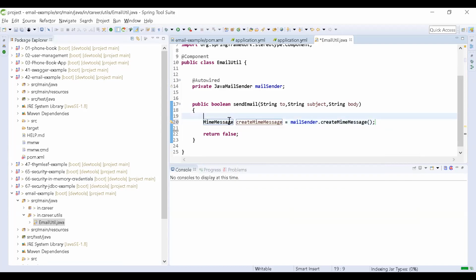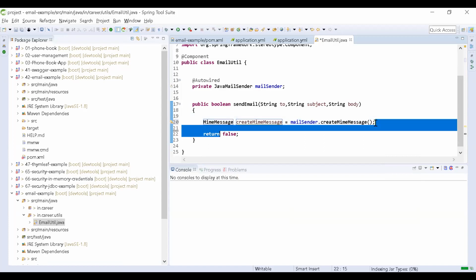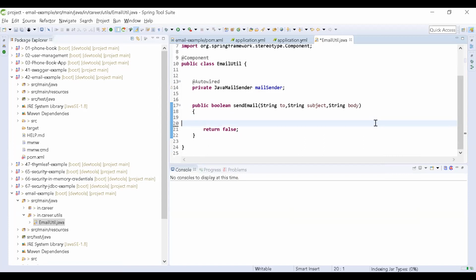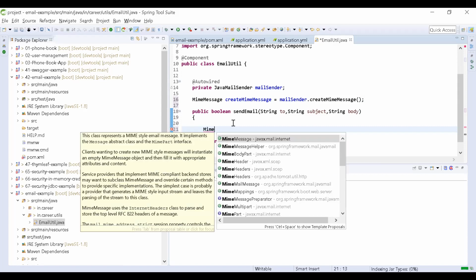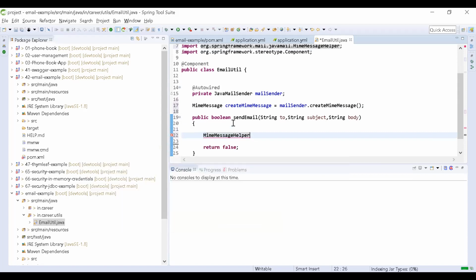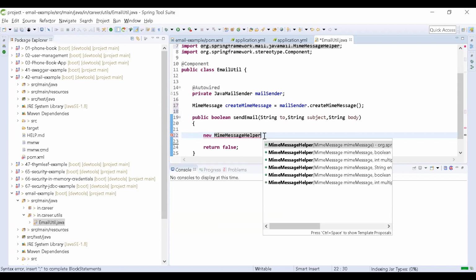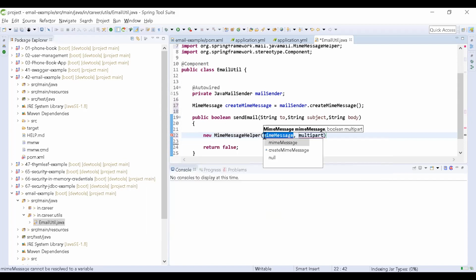You are preparing here the MIME message. Now I need MimeMessageHelper, new MimeMessageHelper.